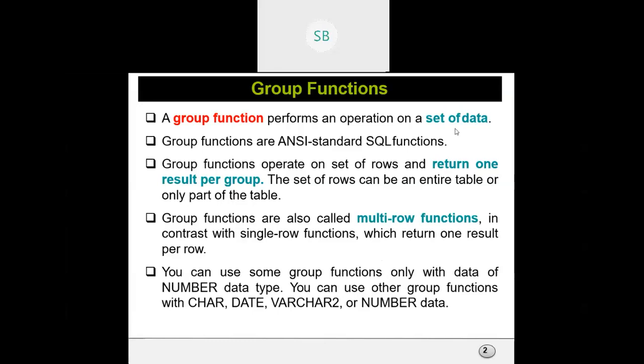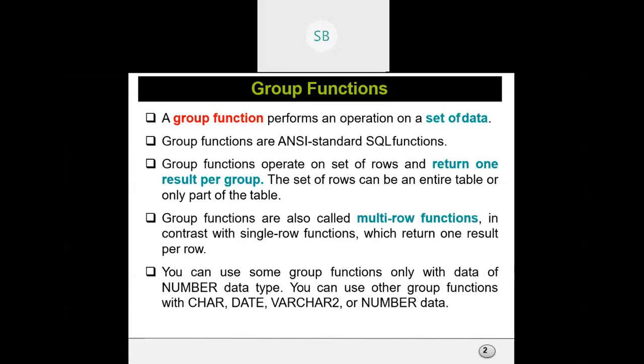Actually, I told you before also, the SQL whatever you are studying in the theory class and the lab class are both included in your theory too. It's not that since we are doing it in the lab class, it will be needed only in your lab. That is important even for your theory. Similarly, group functions are both a theoretical and a practical concept.